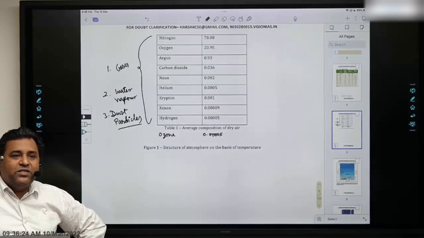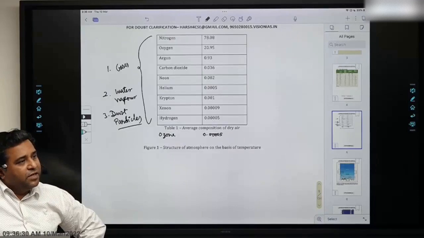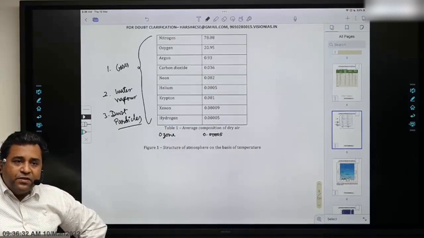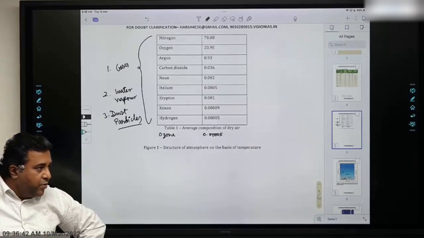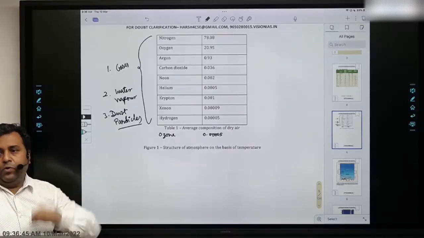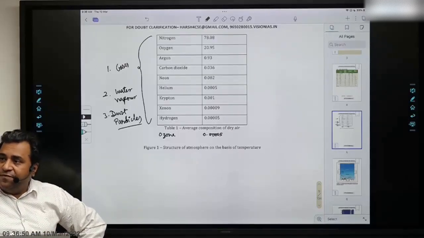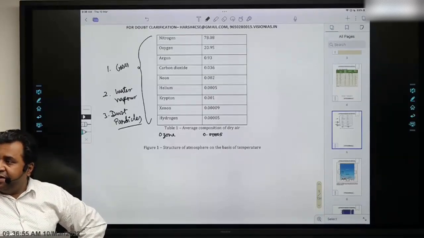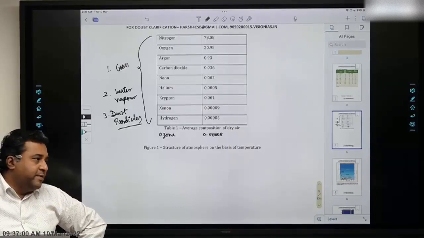So soot, ash, pollen, dust, salt, all of this is dust particles, and the source for all of this is land or the surface. So where should we find most of the dust particle? In the atmosphere. In the upper atmosphere or lower atmosphere? Lower atmosphere. Most of the dust particle is found only in the lower. The farther you go from the land or the earth surface, the lesser dust particles. ठीक है? So most of the dust particle is closer to the land.